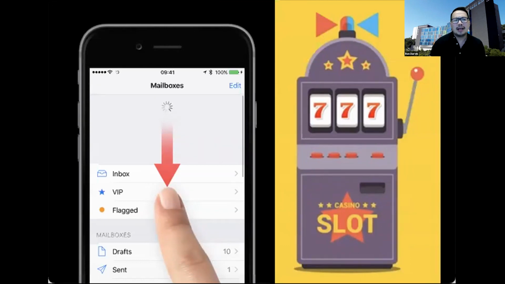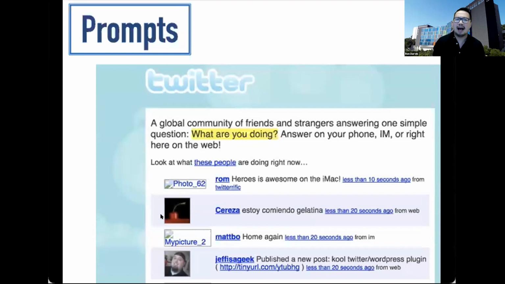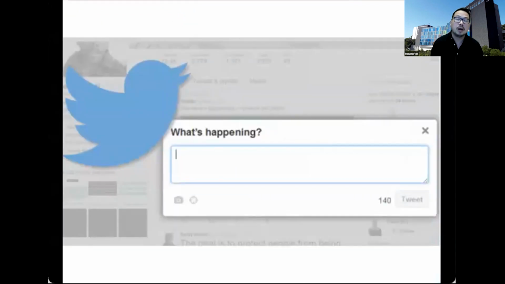When you think about the prompts that we have on our different platforms, I don't know if you recall when Twitter started years ago, right? The prompt that would ask people, what are you doing, right, was what shaped the practices that followed. And that's why, if you remember, Twitter used to be a place where people would say, oh, I'm walking to work now, oh, I'm having my coffee, and I'm like, why do I have to know what you're doing every 5 minutes? But that was what Twitter was like, until it decided to change the prompt to what's happening,